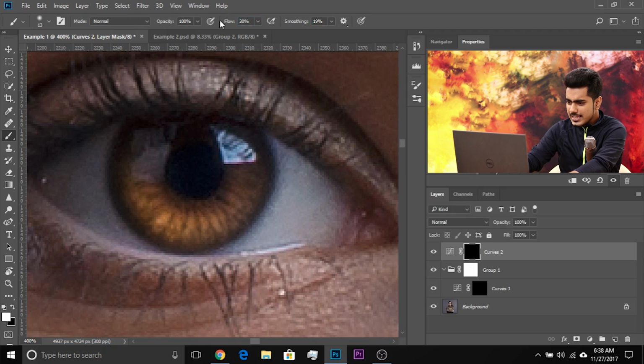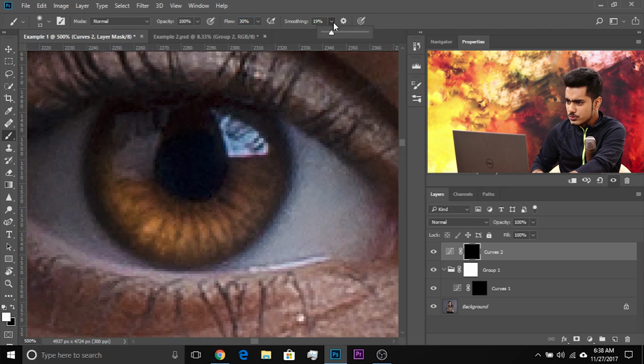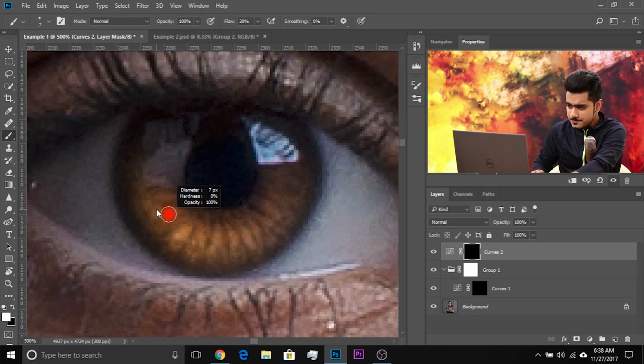Let's go 30 and let's zoom in quite a bit. You can decrease the smoothing. This is not needed over there, smoothing by the way. And just draw a couple of strands where it will shine, okay? So let's make the brush a little smaller and let's draw just a few strands like so. Decrease the size, I think it was too big, like that.